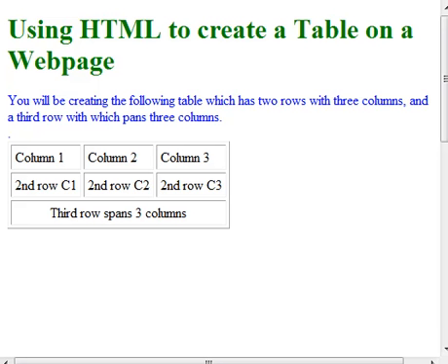This is Troy Hawk, and this video will be about using HTML to create a table on a web page. You will be using the following table, which has 2 rows and 3 columns, and a third row which spans 3 columns. So when we look at the table here, this is our table,